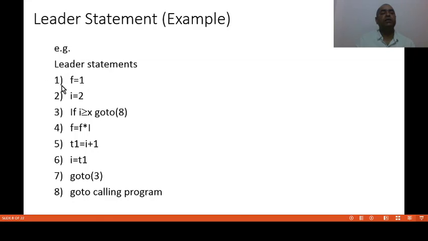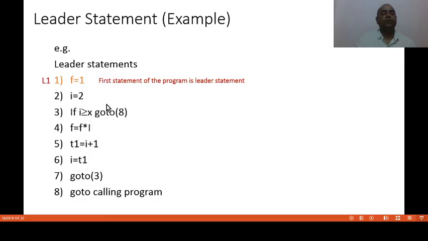In this case, the first statement is what? F assigned the value 1. So it becomes the leader statement. So it becomes leader 1. I have just given the name as L1, leader 1.